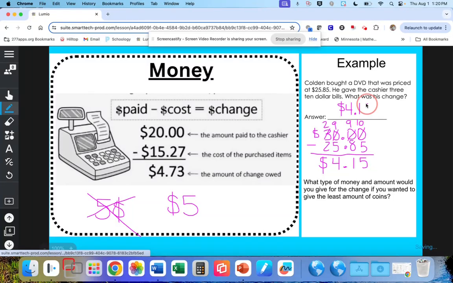Now, the other part that you're going to be doing in this unit is telling me the least amount of change that you can give to somebody in return. So in this case, I would give a $1 bill, and I'm going to give 4 of those. I'm going to give a dime. Now, when we write the dime, because I'm writing it in decimal form, we're going to put that dollar sign out front. Even though that's got $0, we're going to have 1 dime,